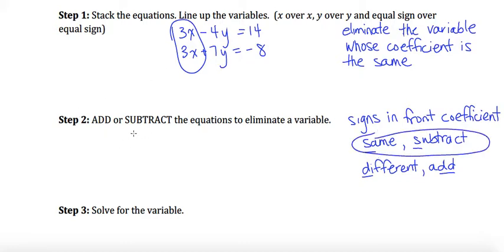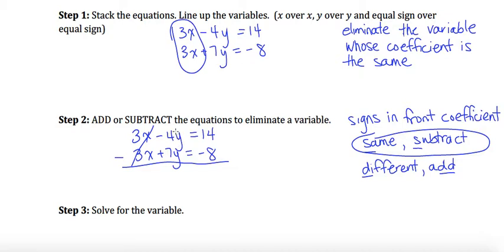Now it's going to look like this. I'm going to rewrite this so that I have my equations stacked one over top of each other, x over x, y over y, and equal sign over equal sign. And now I'm going to do this as if it was an addition or subtraction question. This time I'm going to subtract. So 3 take away 3 is 0. So these guys disappear, our x's, which is what we want,